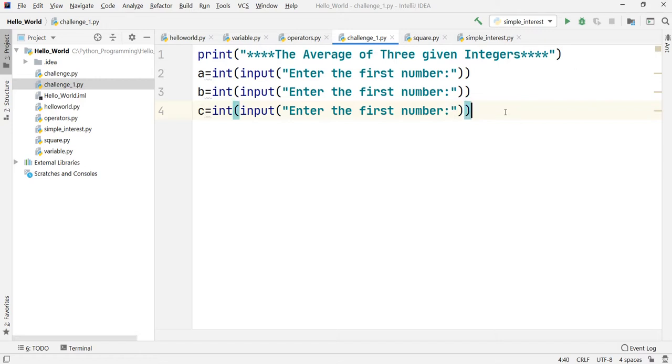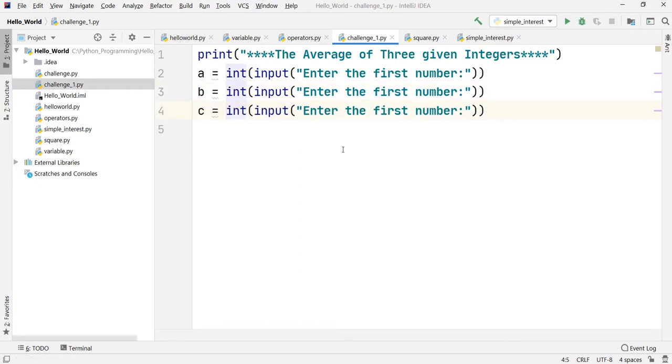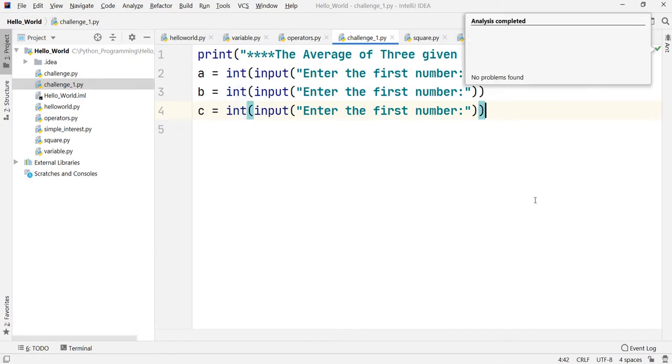As you can observe we have taken all the 3 numbers from the user. There will be some spaces that will be required, that is why it is not showing us that green tick. Let us do that formatting first so that we will get our desired green tick. As soon as we do that, you can observe we have achieved that green tick. It means that we are okay with the code.